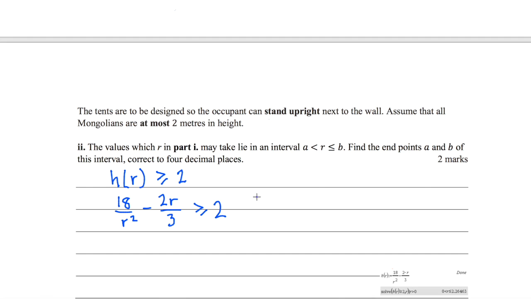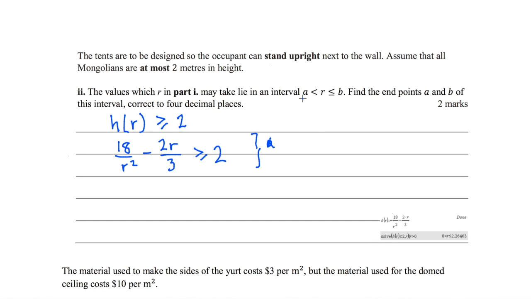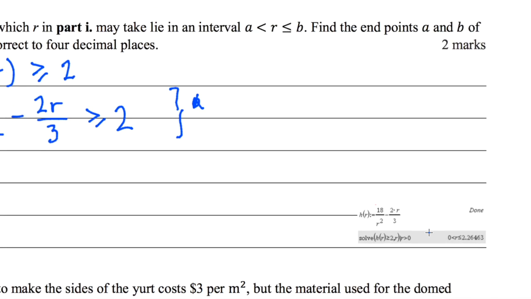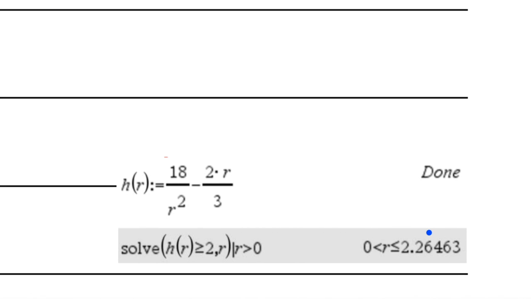So just to be super clear about what this is saying, it's saying for what values of r does this stuff on the left-hand side give us an answer that's greater than or equal to 2? Because we need a yurt that is at least 2 meters in height. And remember, this is h, and we need h to be greater than or equal to 2. So that's the inequality you need to set up. This is a calculator question, and if you look here in the corner, I've already sort of done it. But essentially what you're doing is you are solving